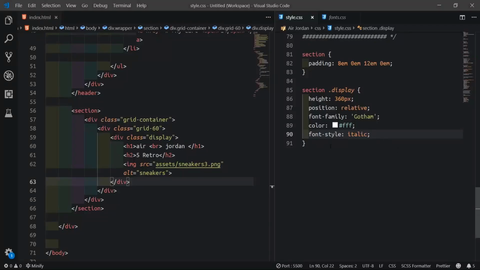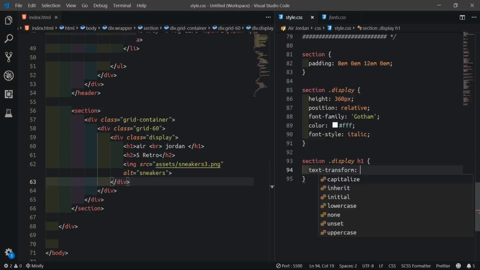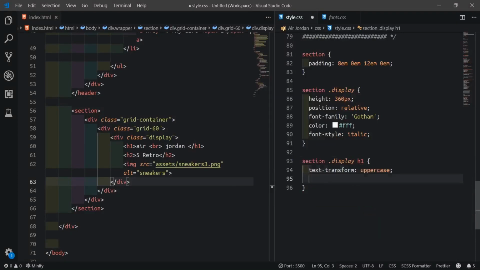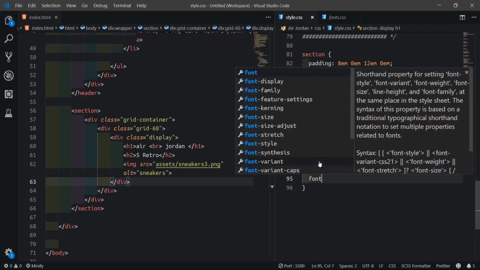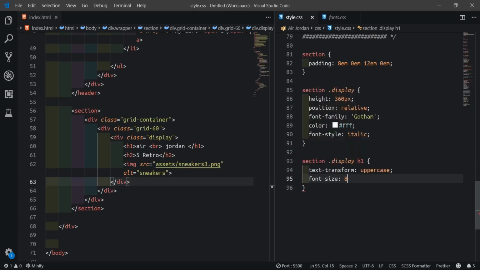So we progress. What I'll do, I'll target just the H1 now. Then I'll say text transform uppercase. Then font size should be bigger, so I could say 8.2em.